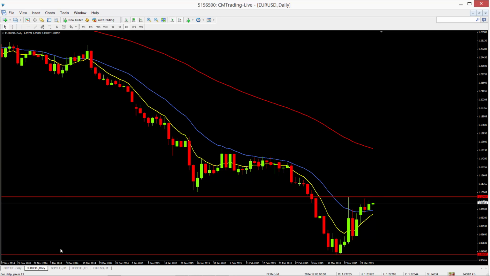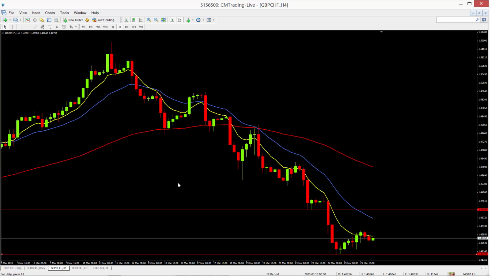The pound Swiss franc 4 hourly chart, we can see a little bear flag. It looks like it's breaking at the moment. Just put a little line in. Okay, not quite yet. But certainly that would be the first line to watch, and then support down at the bottom. That morning star is bullish, but it's also a support level. So I'd certainly look for that support level to break before adding to any shorts.